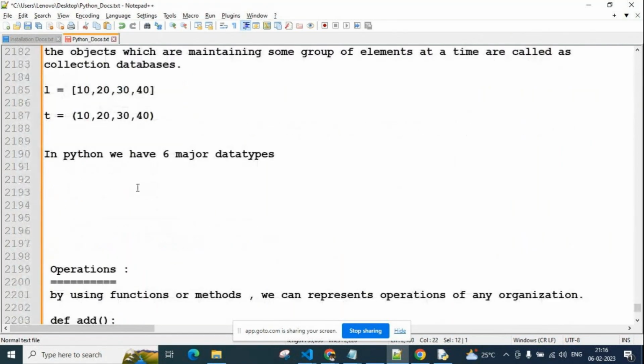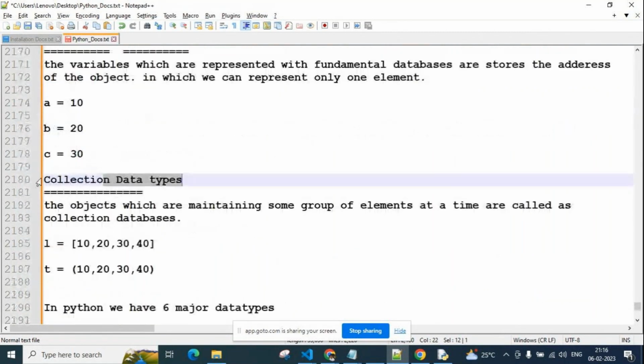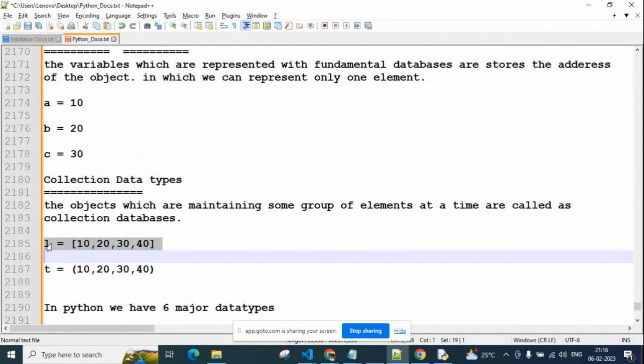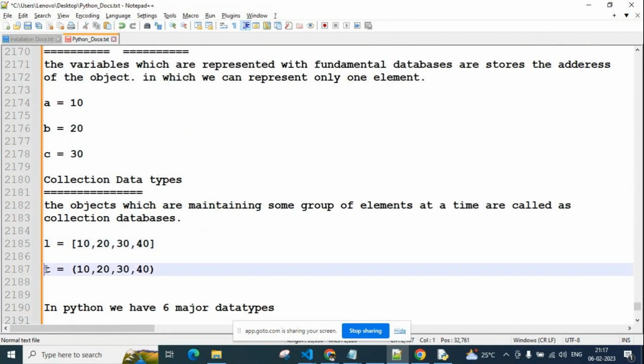Now, data types have different behaviors, guys. For example, here type of A I get int. Here type of L I get a different one. Here type of T I get a different one. Hence the type related to each memory is different.